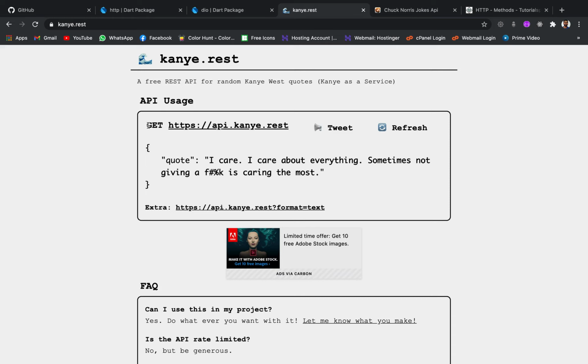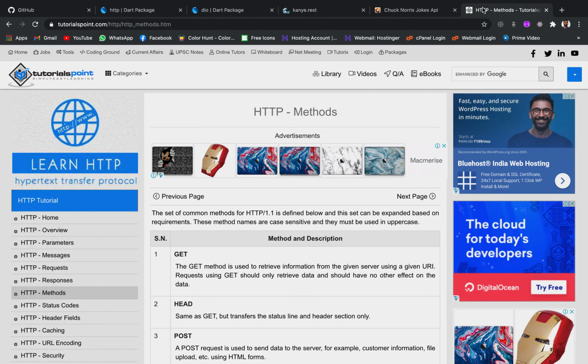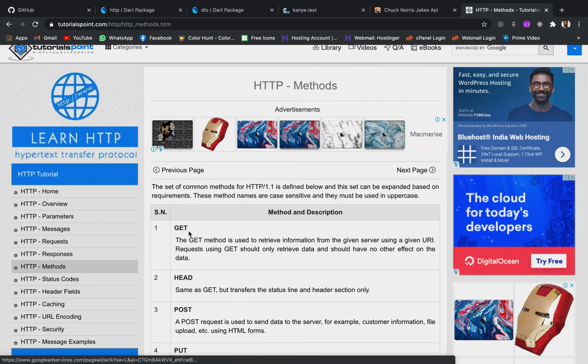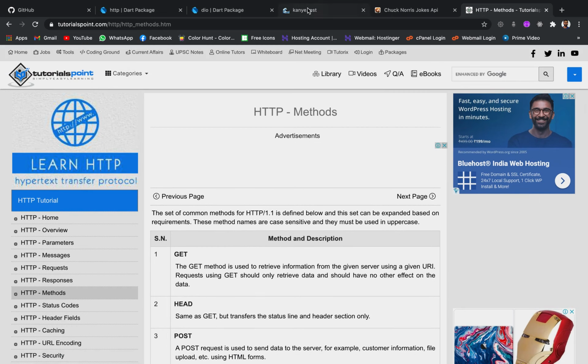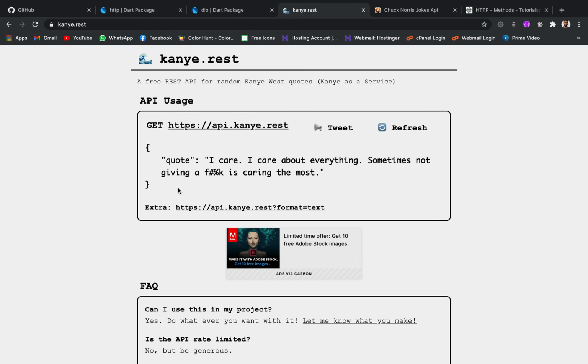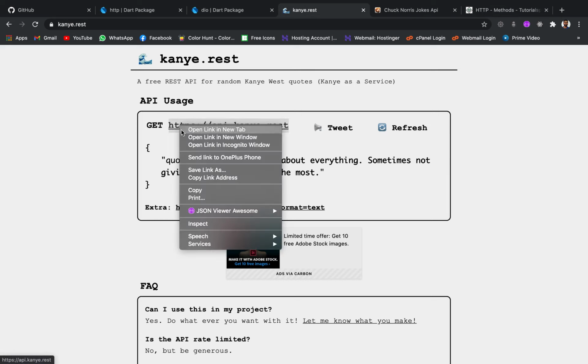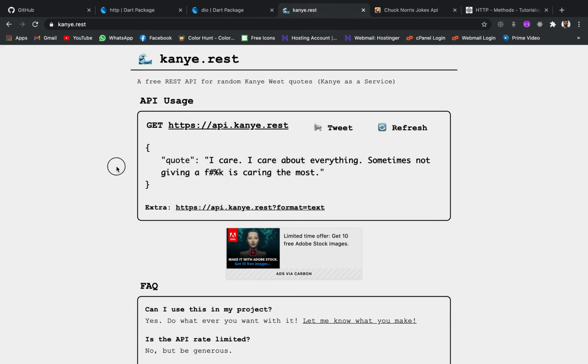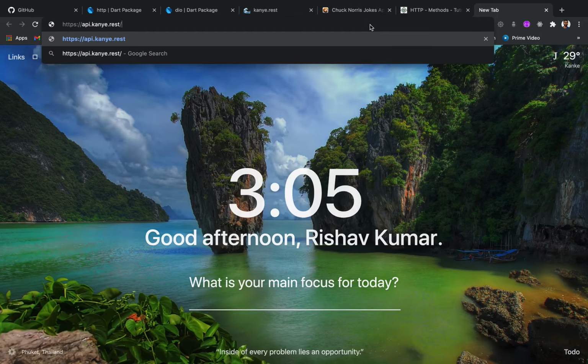So now over here you can see it says get, and get is nothing but a type of an HTTP request. Okay, so what get basically does, it fetches data from this server, means the link followed by the get request. Okay, so I'll for now copy this link. Okay, and if I paste it in my browser, then that is also ultimately a get request only.